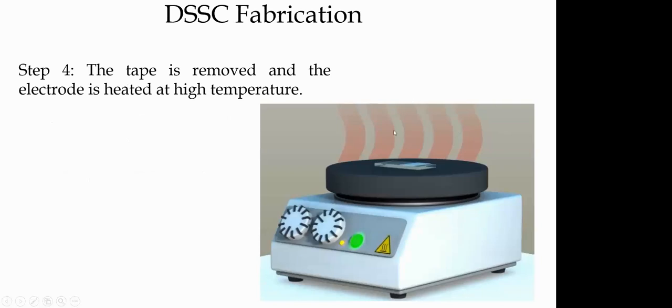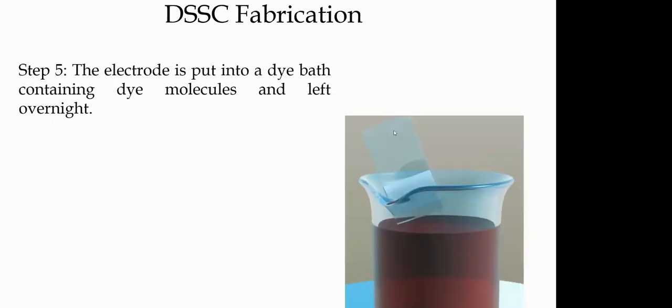so that all the organic solvents that you have used to make it a slurry are gone from this. Then you integrate your dye. So either you integrate dye or you integrate quantum dots. Both are possible. Different ways are there. So there again, people are trying to innovate to find new ways of integrating dye or quantum dots into the system.